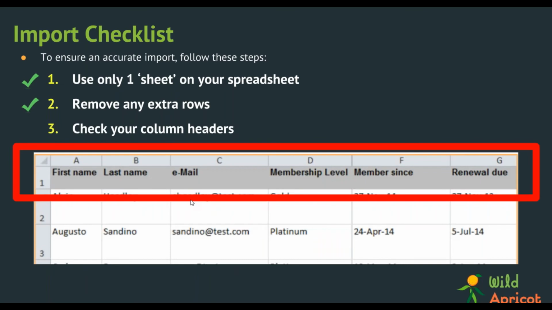Next, you want to check those column headers to make sure that they actually make sense to you and that they apply to the information that is underneath them. At the end of the day, you'll be able to import these into Wild Apricot, and you can either do them exactly as they're written, or you can try and match them up to internal things on Wild Apricot, like member since, for example. If that's titled differently on your spreadsheet, like you had joined the organization, if you had that as a column header, then when it goes into Wild Apricot, you'll want to match it into the field internally that's known as member since. But of course, you'll have the option to do that. So you just want to double check your information, check the column headers. If there's any changes you can make, good. If you miss any, that's okay too. You have another chance to review it later.